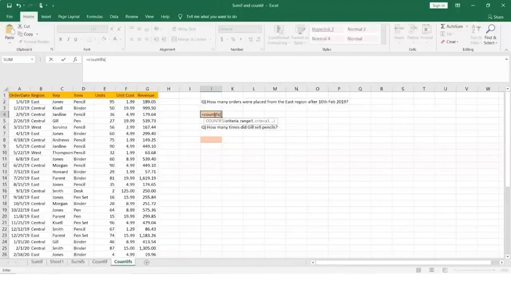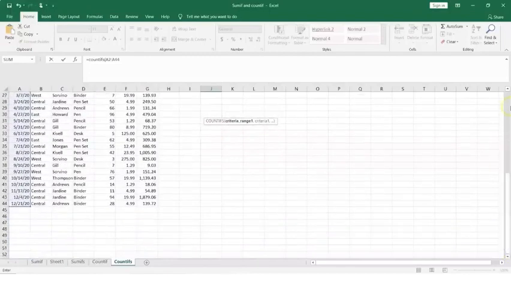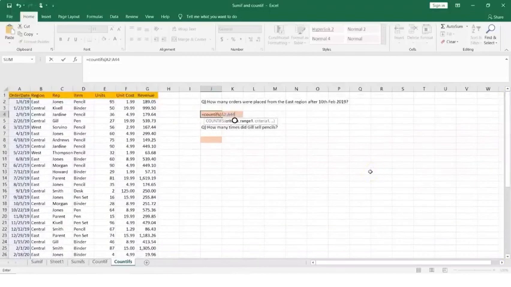So for example, I could say A, start with 2, and say for example, let's go A44. That should have selected all the rows, and then once I've given the criteria range, I need to give the criteria. So we are saying the date has to be greater than 10th Feb. So let's give it 2/10/2019, and then you need to say